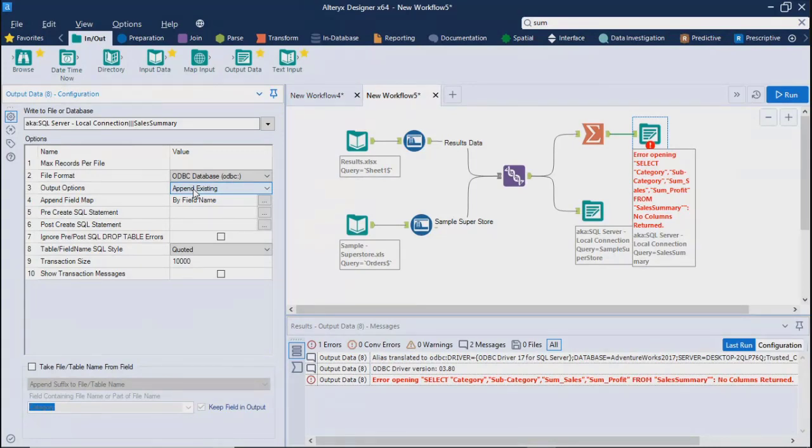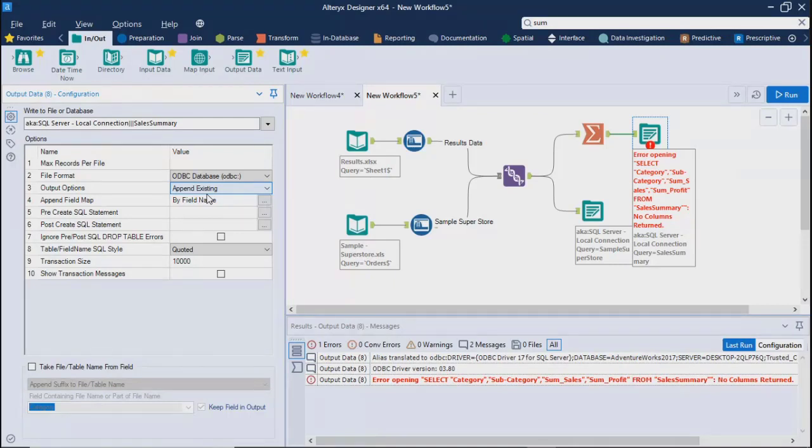No. Neither Alteryx knows nor SQL knows, until I go ahead and execute that statement. So if columns are not there at all, where is this job going to put the data? I said append existing, but the existing thing itself is not there. It will not be able to put the data.